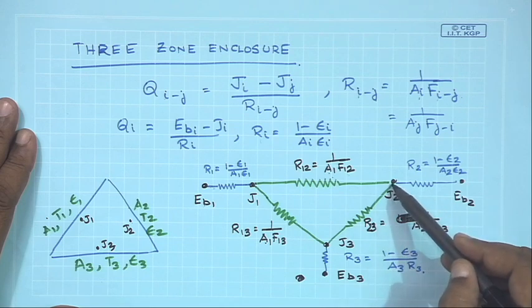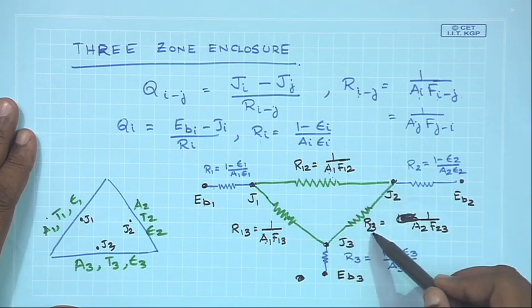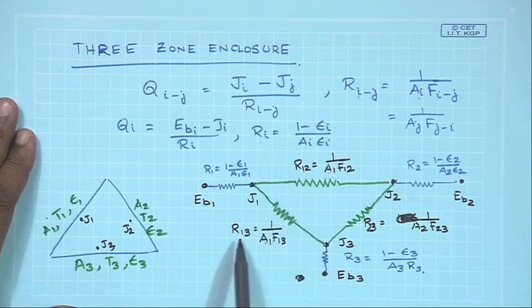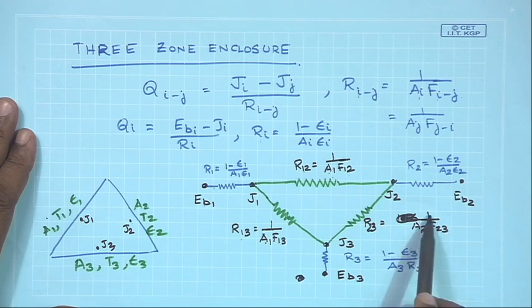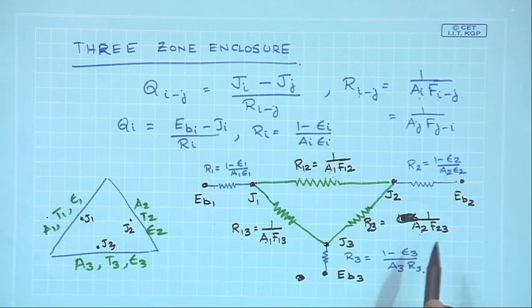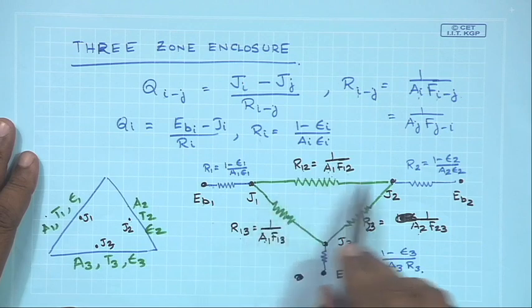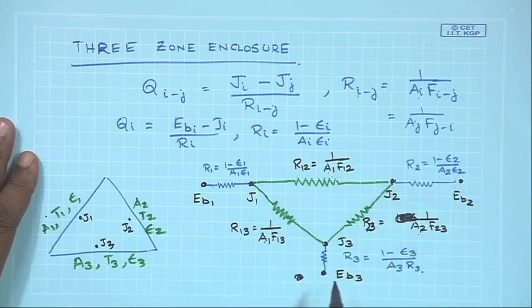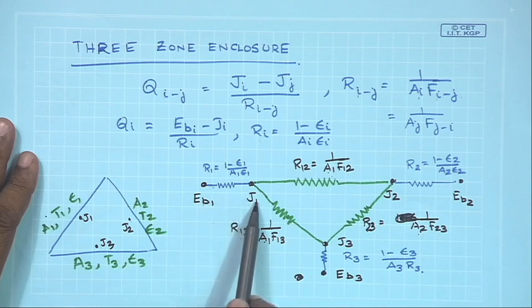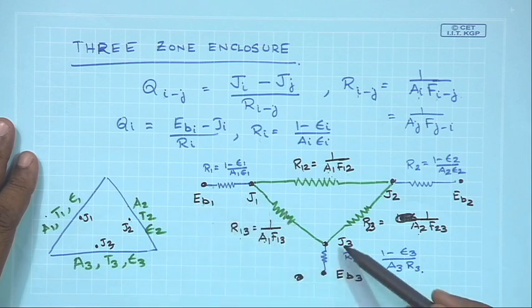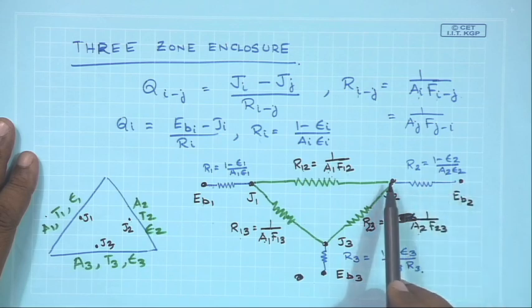So, the connection between J2 and J3, the resistance R23, would simply be equal to 1 by A2 F23, or it can also be written as 1 by A3 F32 using the reciprocity relation. So, this essentially takes into account the entire circuit, and because of the difference in values between EB1 and J1, EB3 and J3, EB2 and J2,